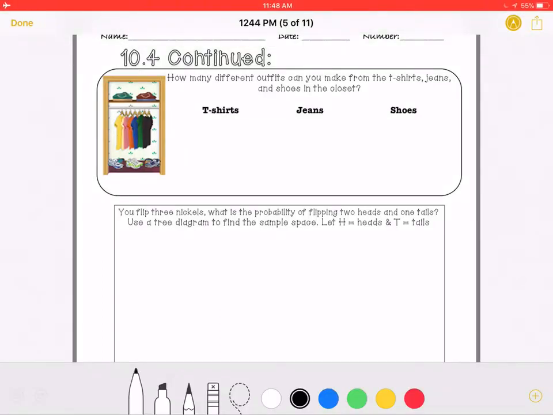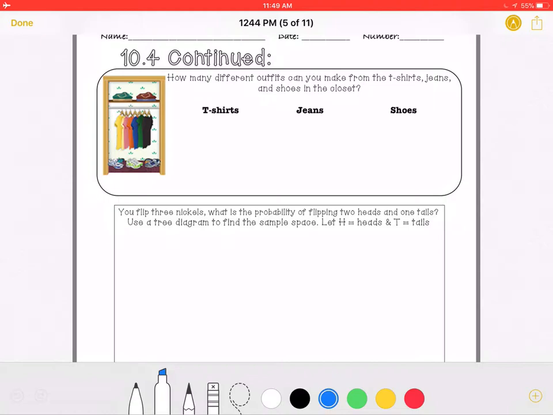All right, here we are for part 2 of lesson 10-4. We're just going to do some more practice. I'm going to show you a few more ways, do another tree diagram with you, possibly. So let's see. First example, how many different outfits can you make from the t-shirts, jeans, and shoes in